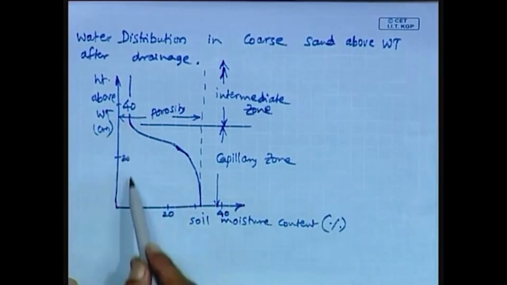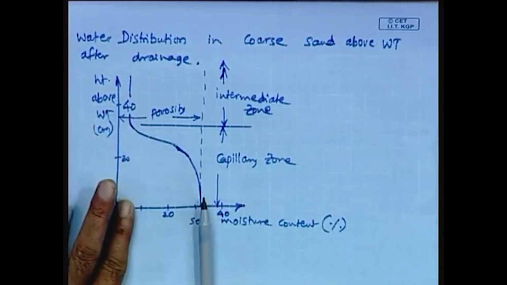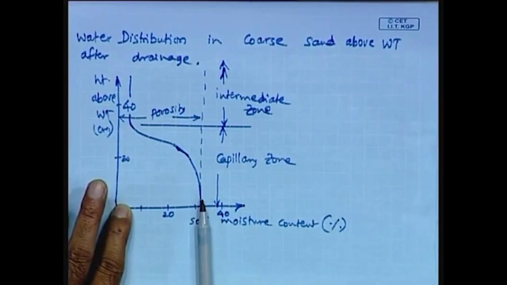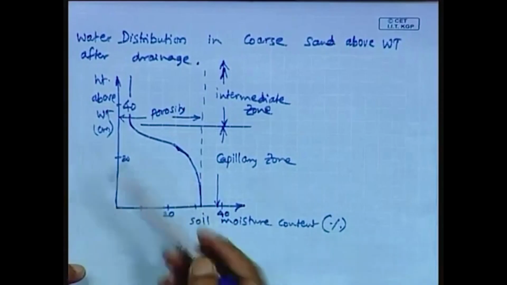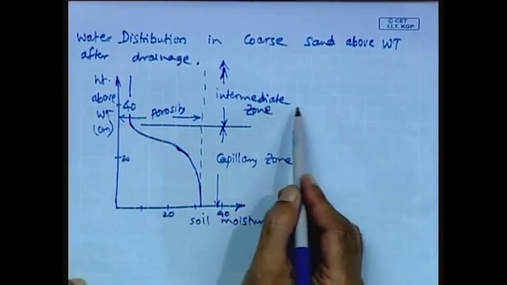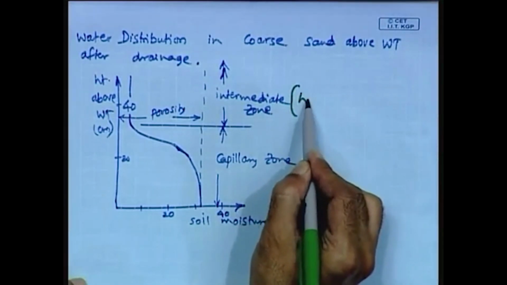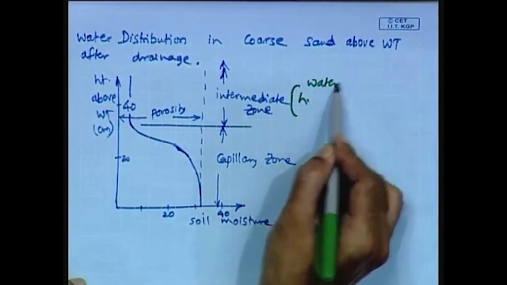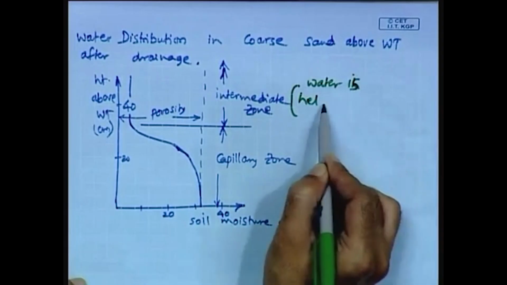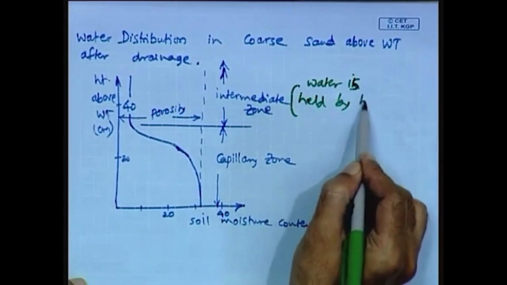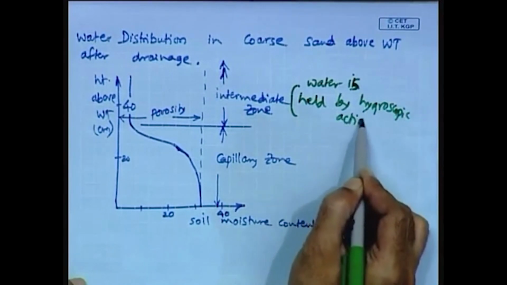Here you can say this is the hygroscopic component, then this is the moisture content held by capillary action, and then this is the moisture content held by hygroscopic action. Therefore, in the intermediate zone, the water is held entirely by hygroscopic action,